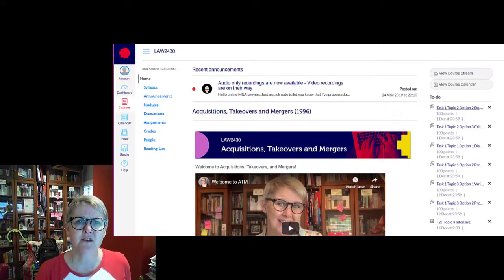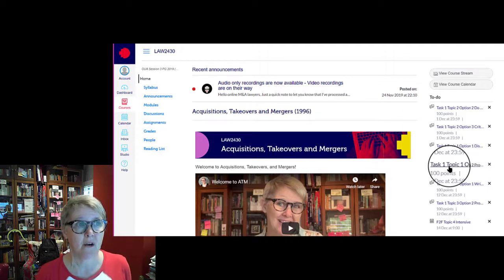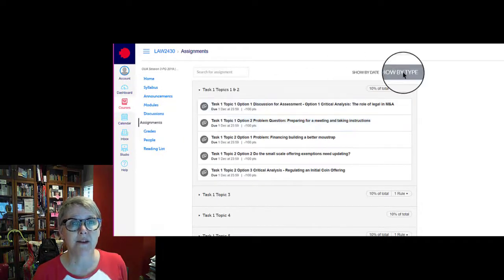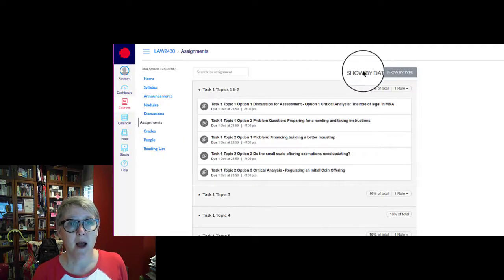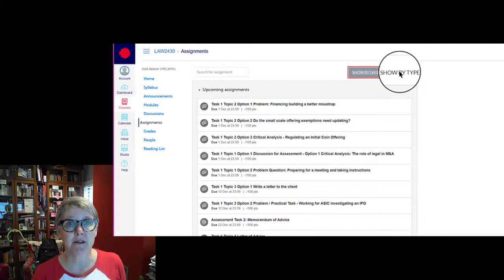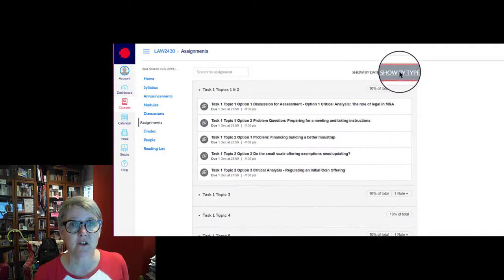Of course, you can see on this to-do list it looks pretty scary, all these things due on the 1st of December. In fact, you have a choice. You can do one or more of them, but you'll basically only get a mark for one. So what I'm going to suggest is you go into the assignment category. Mine is already set to show by type, but it's quite common for it to default to upcoming assignments